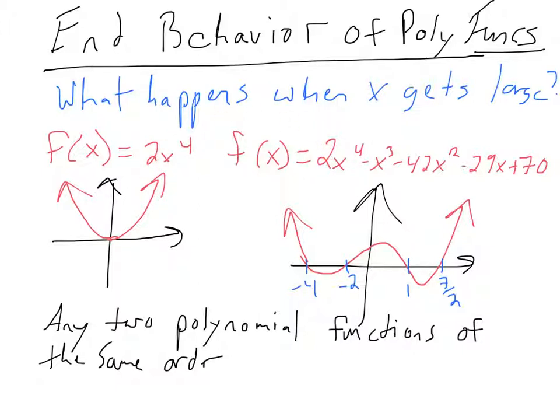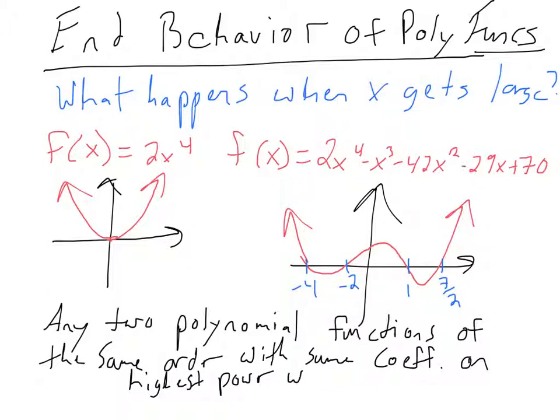If that's the case, any two polynomial functions of the same order with the same coefficient on the highest power will behave the same when x is large. Will act the same if x is large, I'll say, just to be able to keep that on the screen there. So any two polynomial functions that have the same highest order, in this case they're both order 4, the same coefficient on the highest power will act the same if x is large, even if they act very differently when x is small. So that's what we call end behavior, and we can use that to give ourselves an even